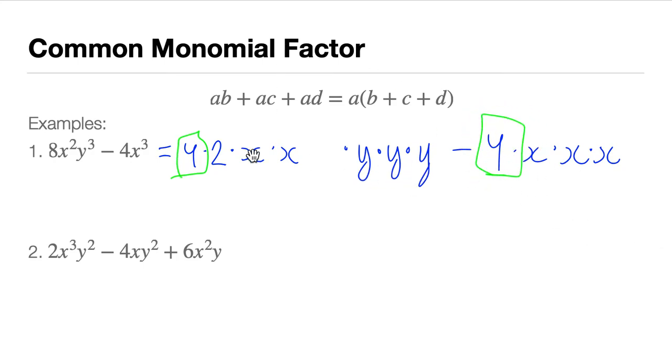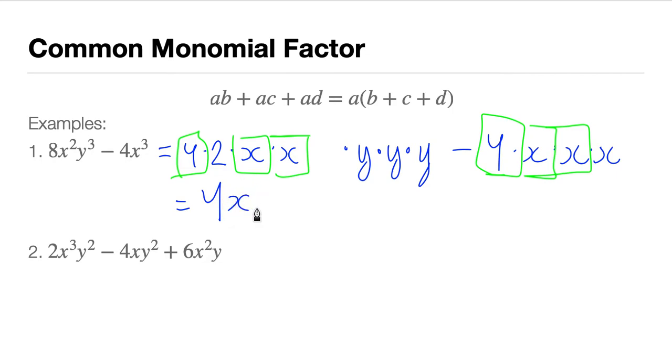They have x's: I can count 1, 2 x's here, and we get the same number of x's here, 1 and 2. As you can see, there's nothing common anymore. We have taken 4 times x times x, and that will be our common monomial factor. The answer here will be